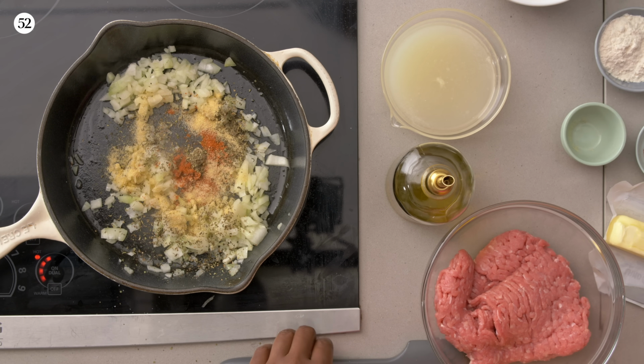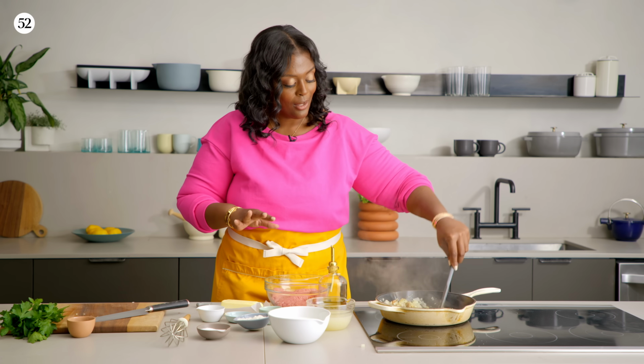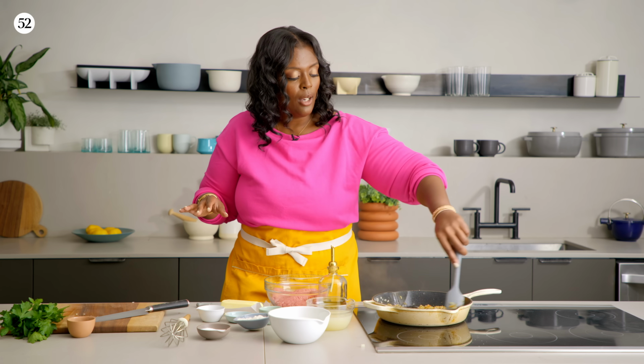Totally use fresh garlic if you want. I'm using powder, and this is the time where we're actually gonna bloom our spices. And this is the time where, you know, it just starts to smell like something. You're not telling people what's on the menu just yet, but they're just gonna come down there and start looking,